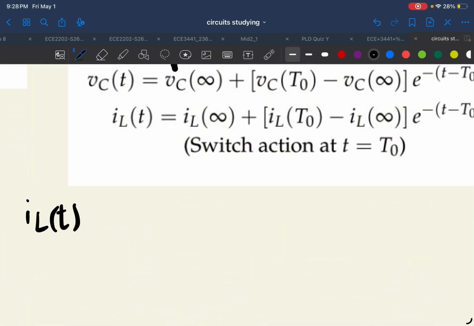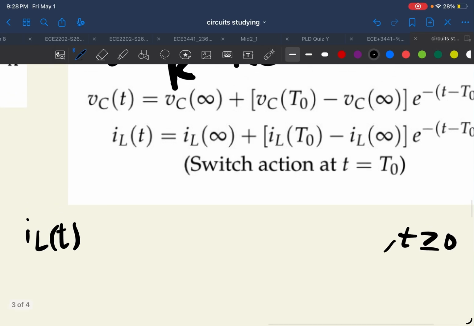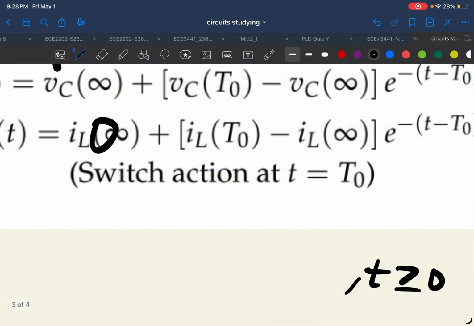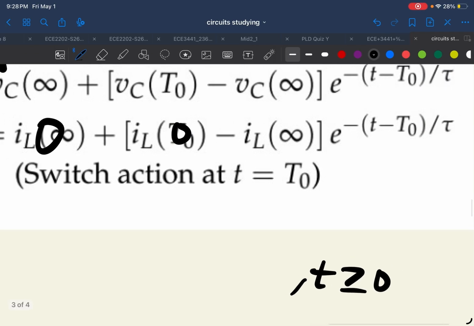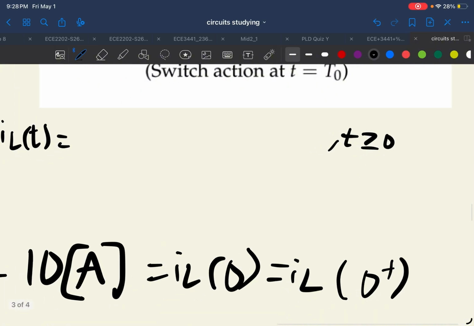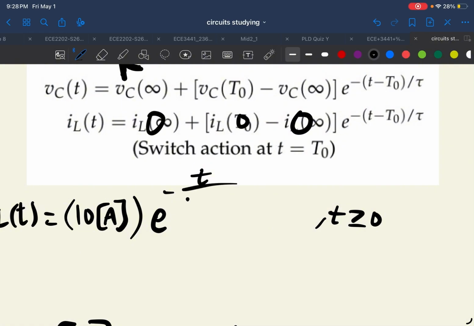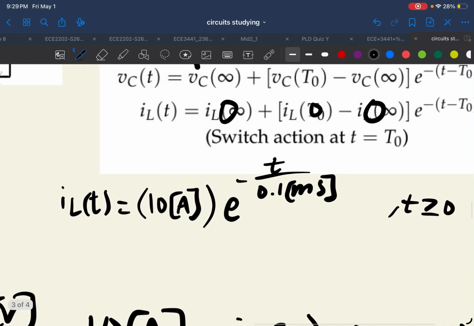IL of t is what it's asking for, and this is for t is greater than or equal to 0. So let's go element by element. IL of infinity, we solved for that, that's 0. This t naught right here is just the same as when the switch happened. That was at 0 seconds. So IL of 0, we solved that to be 10 amps. We already said this is 0. So 10 amps, e to the negative t over tau, which is 0.1 milliseconds. And this is our final